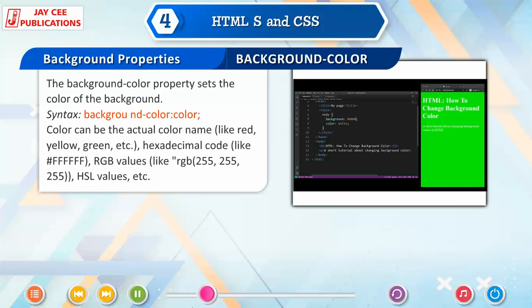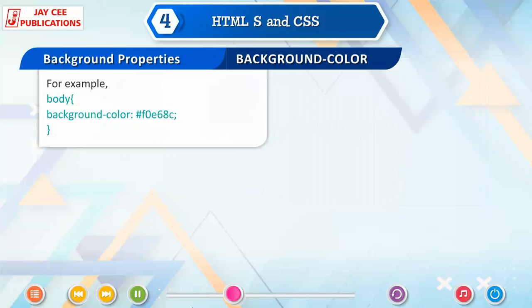Color can be the actual color name like red, yellow, green, etc. Hexadecimal code like #FFFFFF. RGB values like rgb(255, 255, 255). HSL values, etc. For example, body {background-color: #F0E68C;}